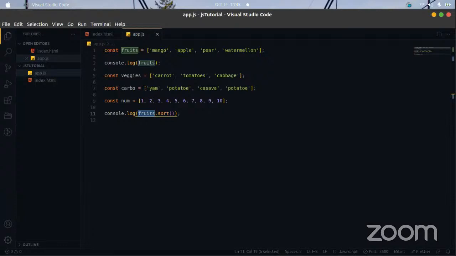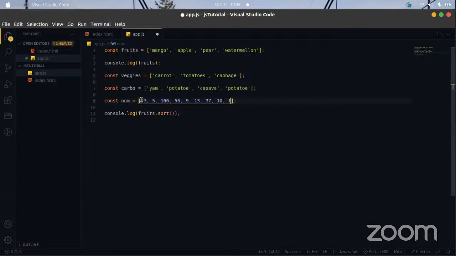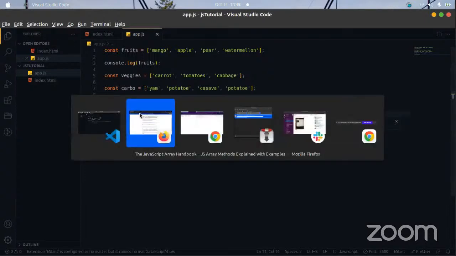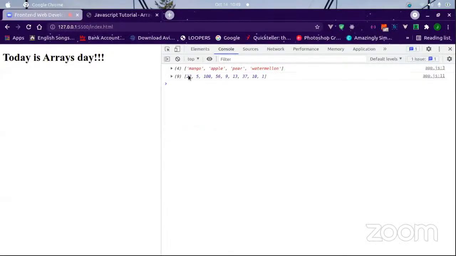Let's say, for example, we have an array of numbers like this. Copy this and paste this here. We save this, console log num first, save, and this is the numbers we have.